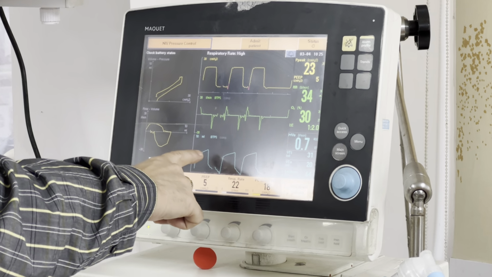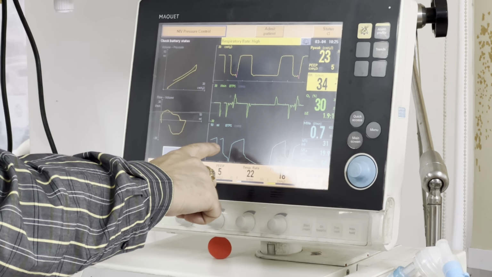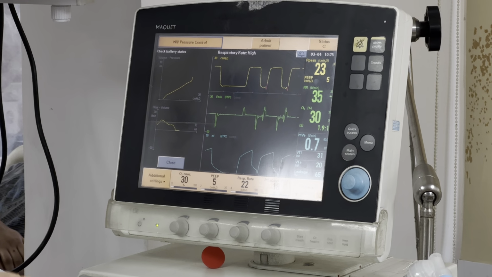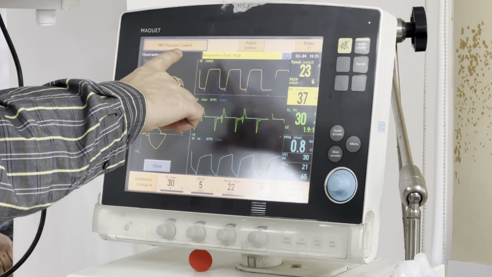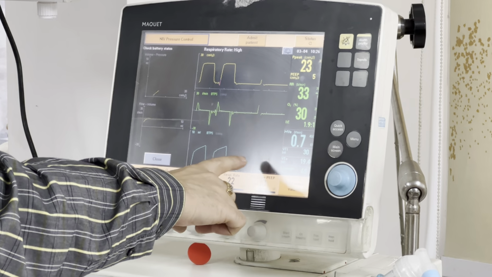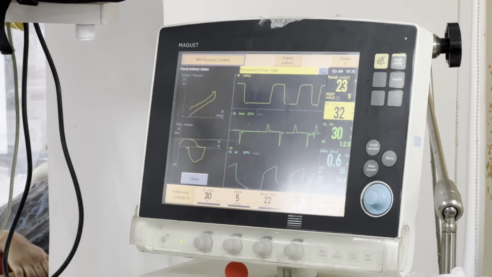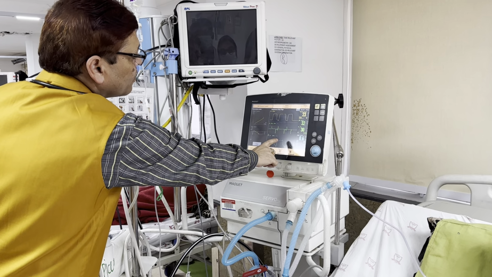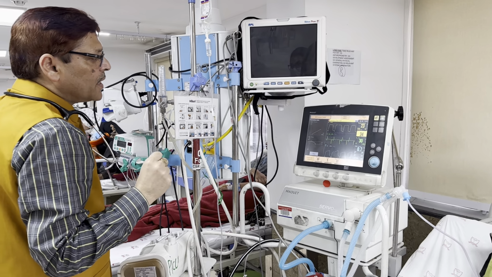And the lower is volume time. This is indicative of tidal volume. We can see here it also varies according to the condition of the lung. Only pressure is fixed because we have kept it on pressure control. So this is tidal volume, the volume time graph, flow time graph, pressure time graph. Remember like this: mid is flow time, upper is pressure time, lower is volume time. The graph varies according to the mode on which we are ventilating the patient.